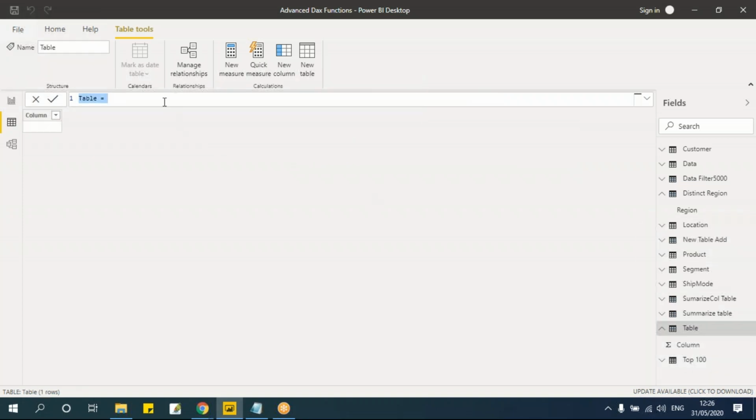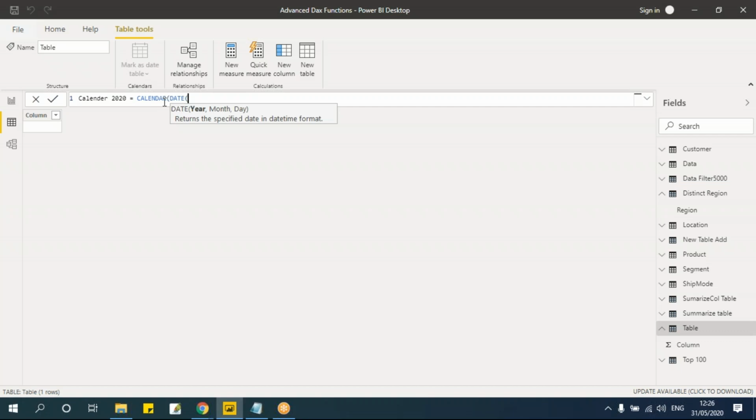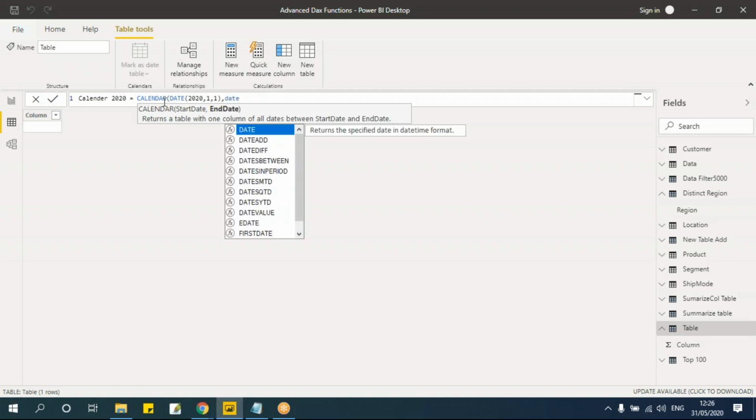I'll go here. Let me say calendar 2020 equals, I'll say calendar, and it asks for start date. I can use this date because date is the function which will convert that into a date format. I'll say 2020, comma, it asks for month, and then it asks for day, comma, end date, let's say date,